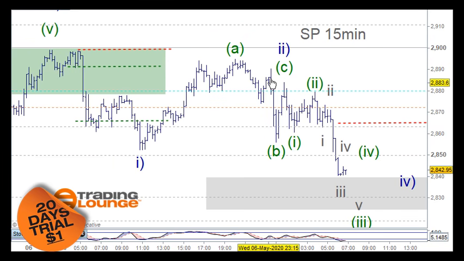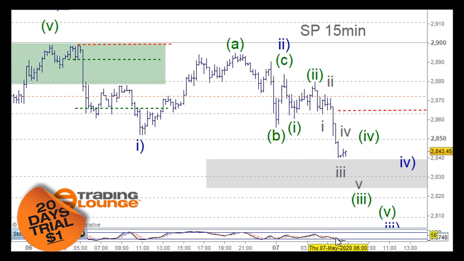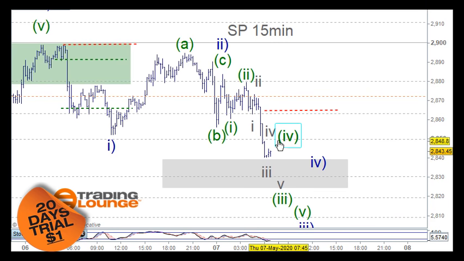But then we also got 3 waves coming down here, so I can look at that as the B wave, and then I've got 5 waves coming up here to make wave C. So from wave 1 here, I've got an A and a B and a C wave here for wave 2, and then I can look at this as wave 1 down here, wave 2 here, then wave 1 here, wave 2 here, and then we're going down for wave 3 here. Wave 4 will pull back up and test the 2850, could go a tad high depending on the pressure and so on, but then if I just draw this out here, we can look at wave 4 and then wave 5 to come down,